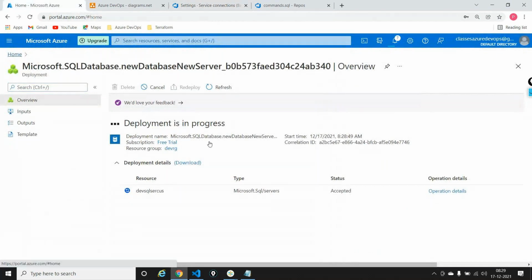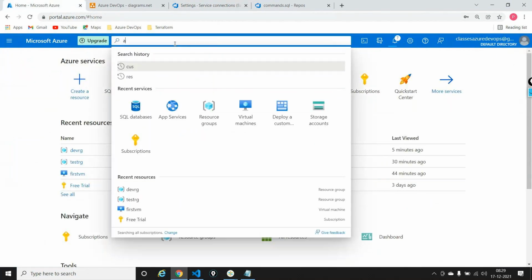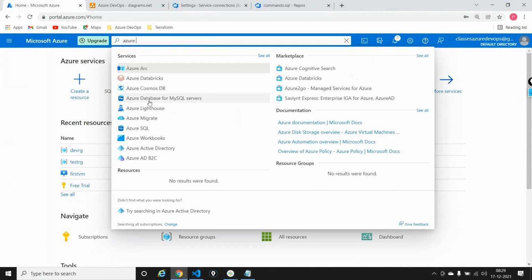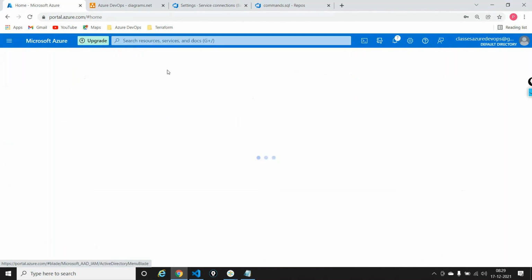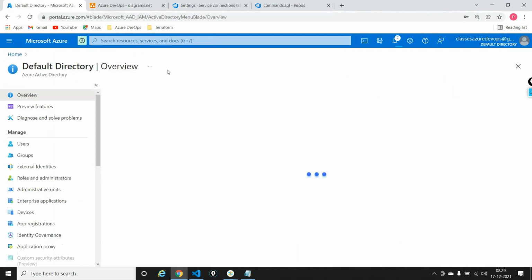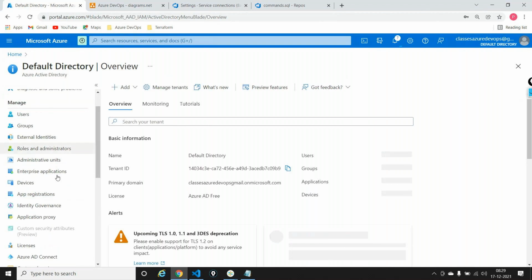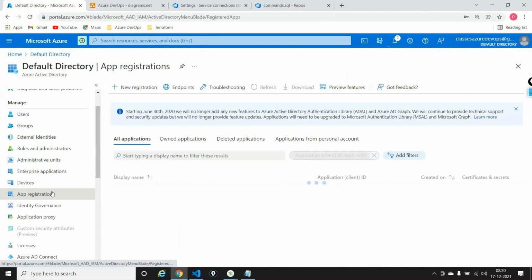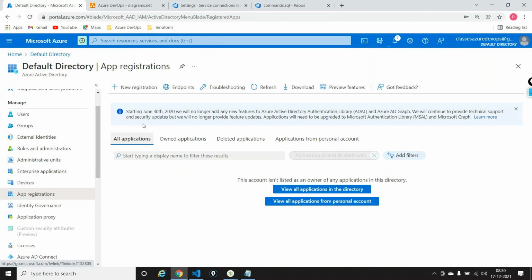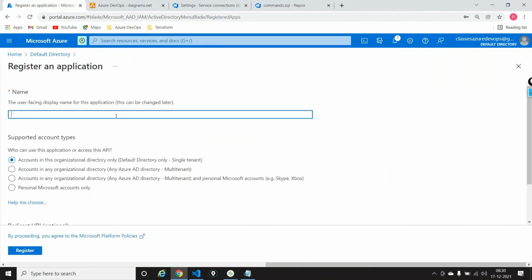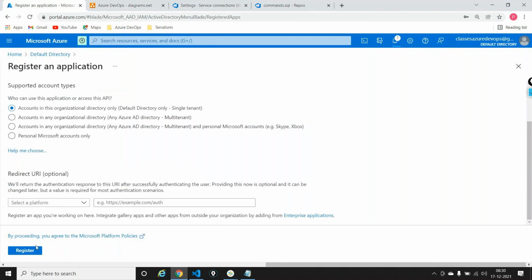So let me just go here into the Azure Active Directory and first go ahead and create the app registration. So Active Directory, and I'll say okay, fine. Scroll down and I'll say app registrations, and I will add an app registration, guys. So I'm establishing a service connection between the Azure portal and the Azure DevOps. I'm saying this is DevOps service connection, SVC, which is service connection. I'll say register,